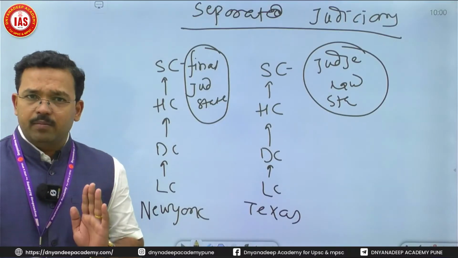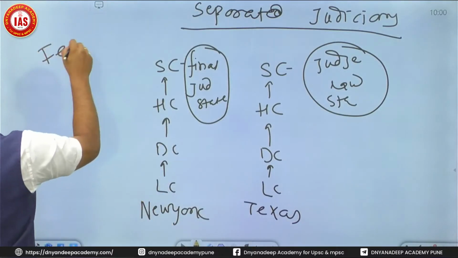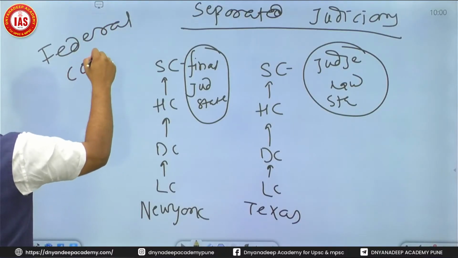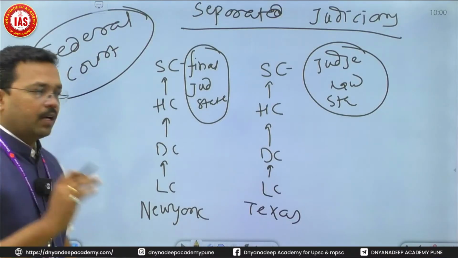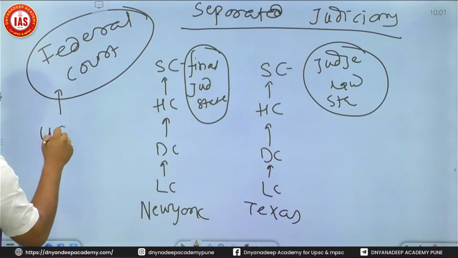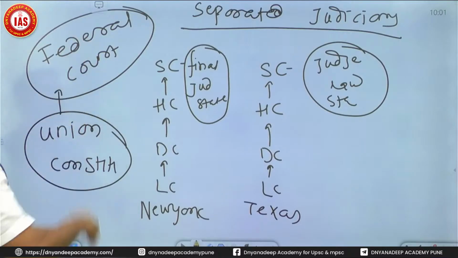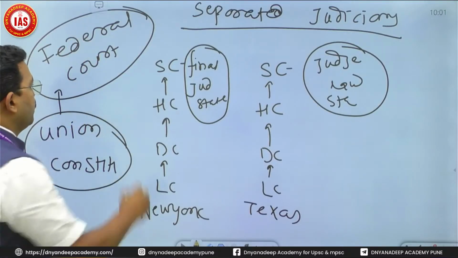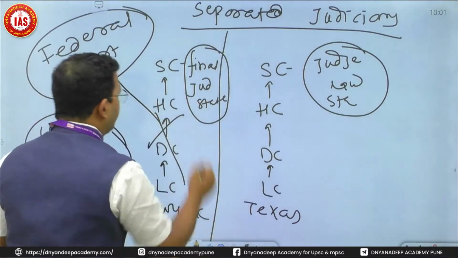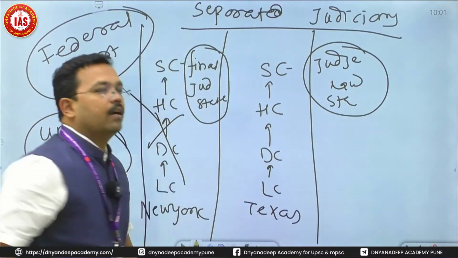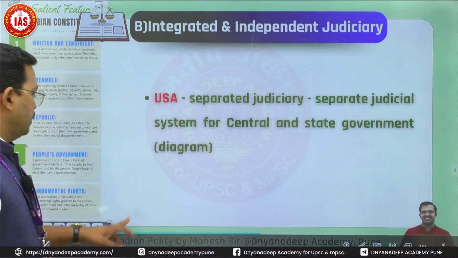Correct? Does it mean America does not have any Supreme Court or higher judiciary? Yes. They have a higher judiciary which is known as the Federal Court of America, or Federal Court of Appeal. But this Federal Court of America has the right to adjudicate only union laws and constitutional laws. Federal Court of Appeal in America does not have the right to take any case of any state. So that's why they have separated judiciary, unlike India where we have integrated judiciary. In USA there is a separated judiciary that we have seen.